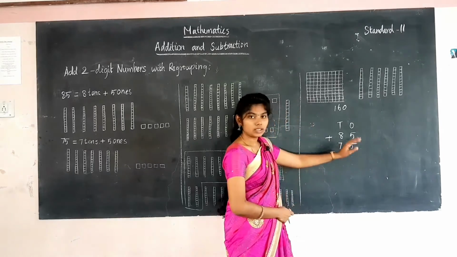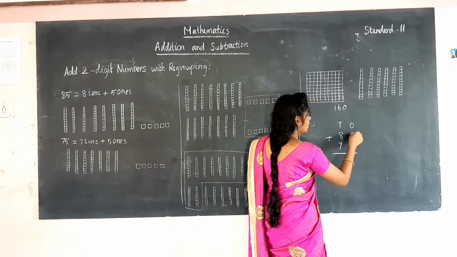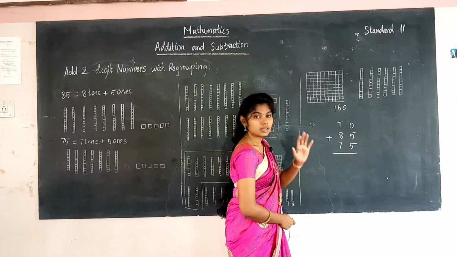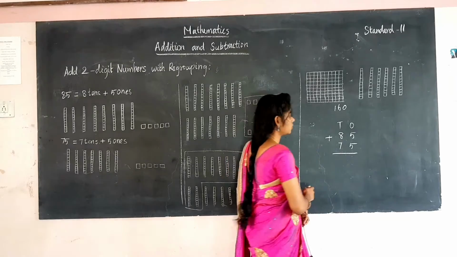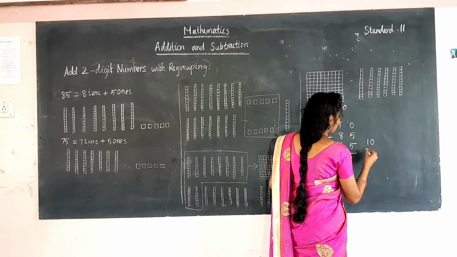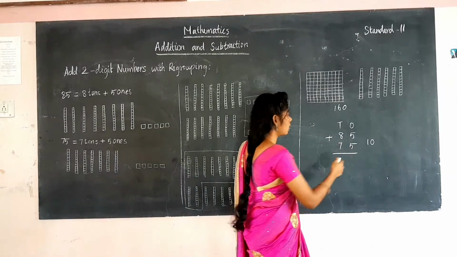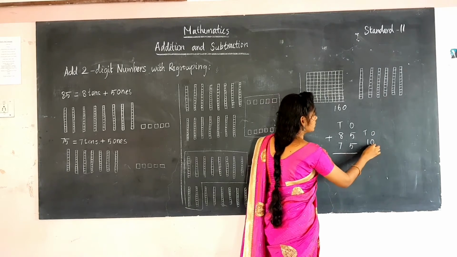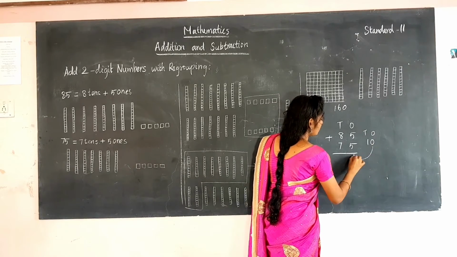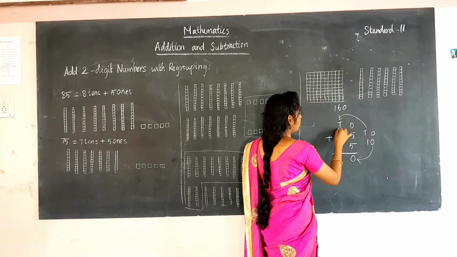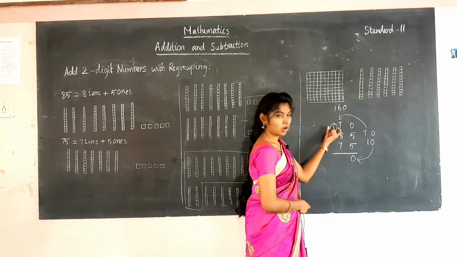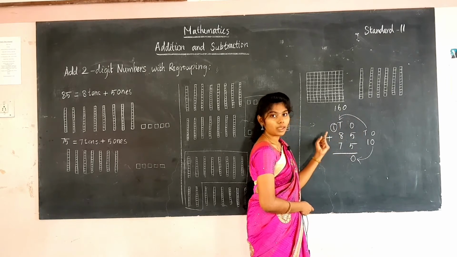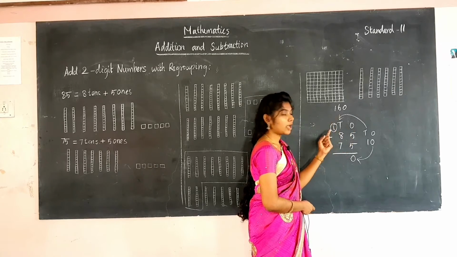Now we are going to add these two numbers. First where do we have to add? In the ones place we have to add. 5 plus 5 is 10: 5, after that 6, 7, 8, 9, 10. Since it is a 2-digit number, you write the 10 outside. Start from ones and then tens. Now take 0 in the ones place and carry over the tens digit to the tens place. This is what carrying over a number is. This is what is meant by regrouping. Regrouping means you should carry over a number.